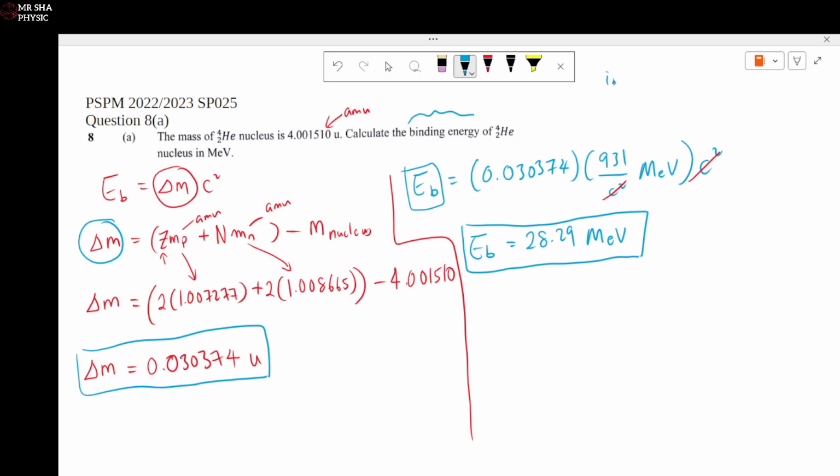You can do it in AMU, which is atomic mass unit, or you can do it in SI units, so kilograms and speed of light in ms-1. You can do either in AMU or kg and meters per second. If you were to do it in AMU, then you will need this conversion. If you were to do it in kg and meters per second, then c is just 3 times 10 power of 8